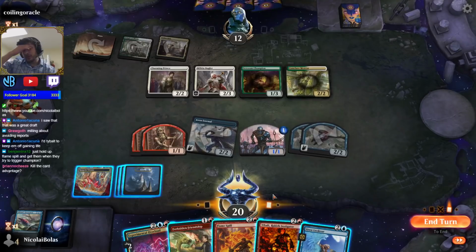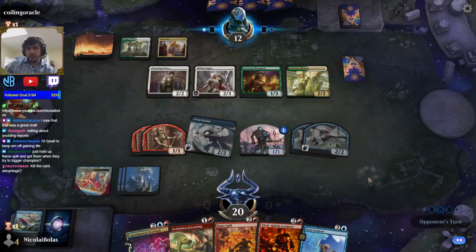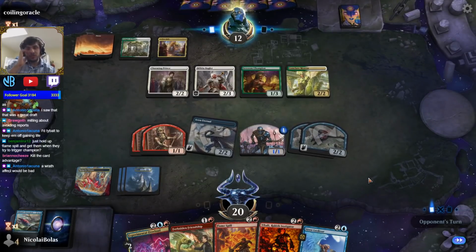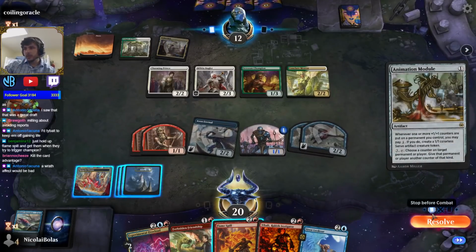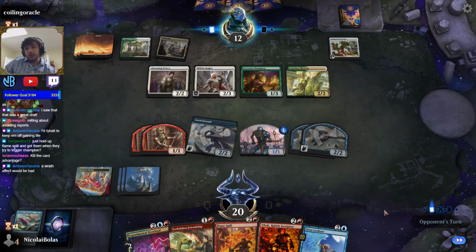Not drawing a land there is a little bit awkward. The Tybalt's a tempting proposition. I'm just going to pass the turn. I don't need to worry about it. There's not that many Wraths in this cube, and Wrath isn't even that bad for me because we both have like the same amount of cards in the cube. Okay, sure. That doesn't do anything if they don't have a...